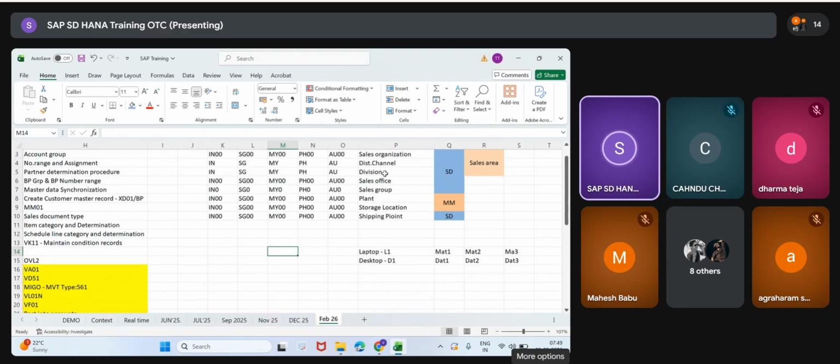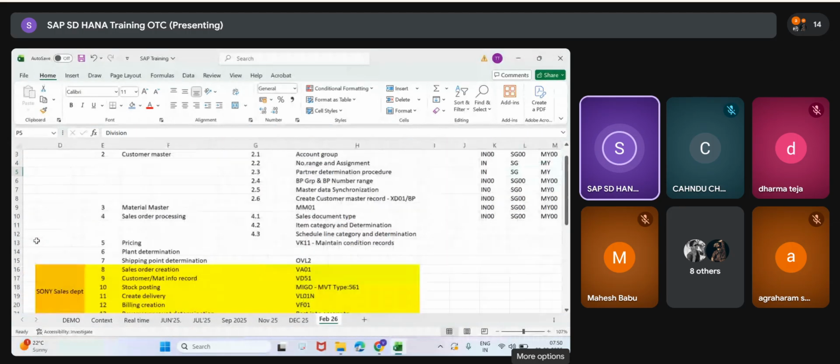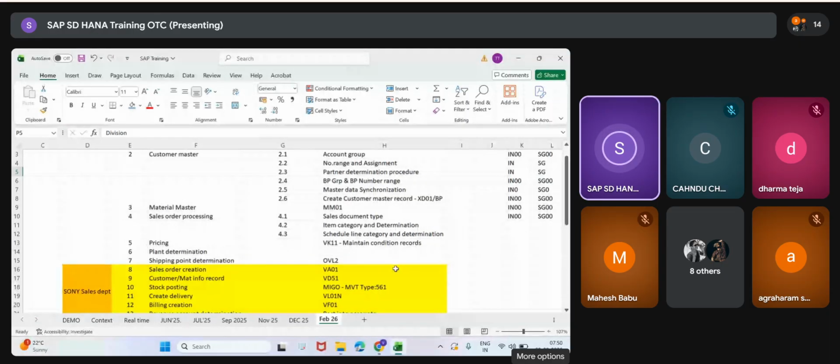That is the meaning of division. Nowadays they also use a common division, like that. Some people will use differentiation 10, 20, 30, like that. Depending on the business requirement, we configure it in the system, and depending on their product order they are going to use it.